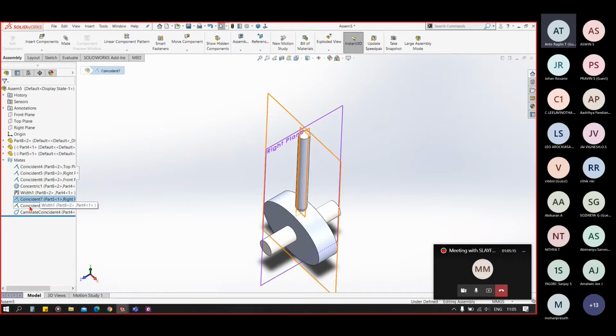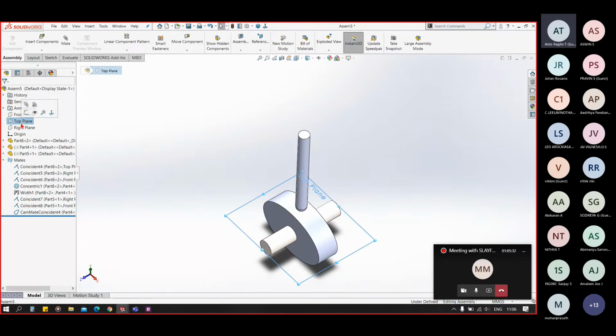And in this mate, we again coincided the front plane of the assembly and the front plane of the part, so that direction is also locked. Only the remaining direction is the y direction now. So if I coincide the top plane of the assembly and the top plane of the follower, the third direction will also be locked.